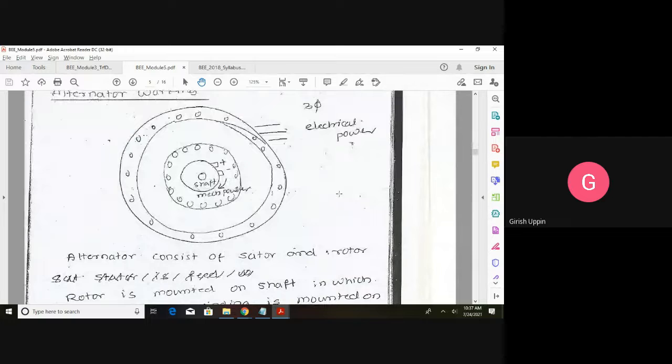Now, alternator working. We already talked about the alternator working in brief. Now you understand what an armature winding is and what a field winding is. The field winding is given a supply. So we have here the field winding on the rotor, and this winding is connected to two slip rings mounted on the shaft, and on top of the slip rings we have the brush, and to this brush we give the external DC supply, around 250 volts DC or 300 volts DC, depending upon the design. We give the DC supply to this winding.